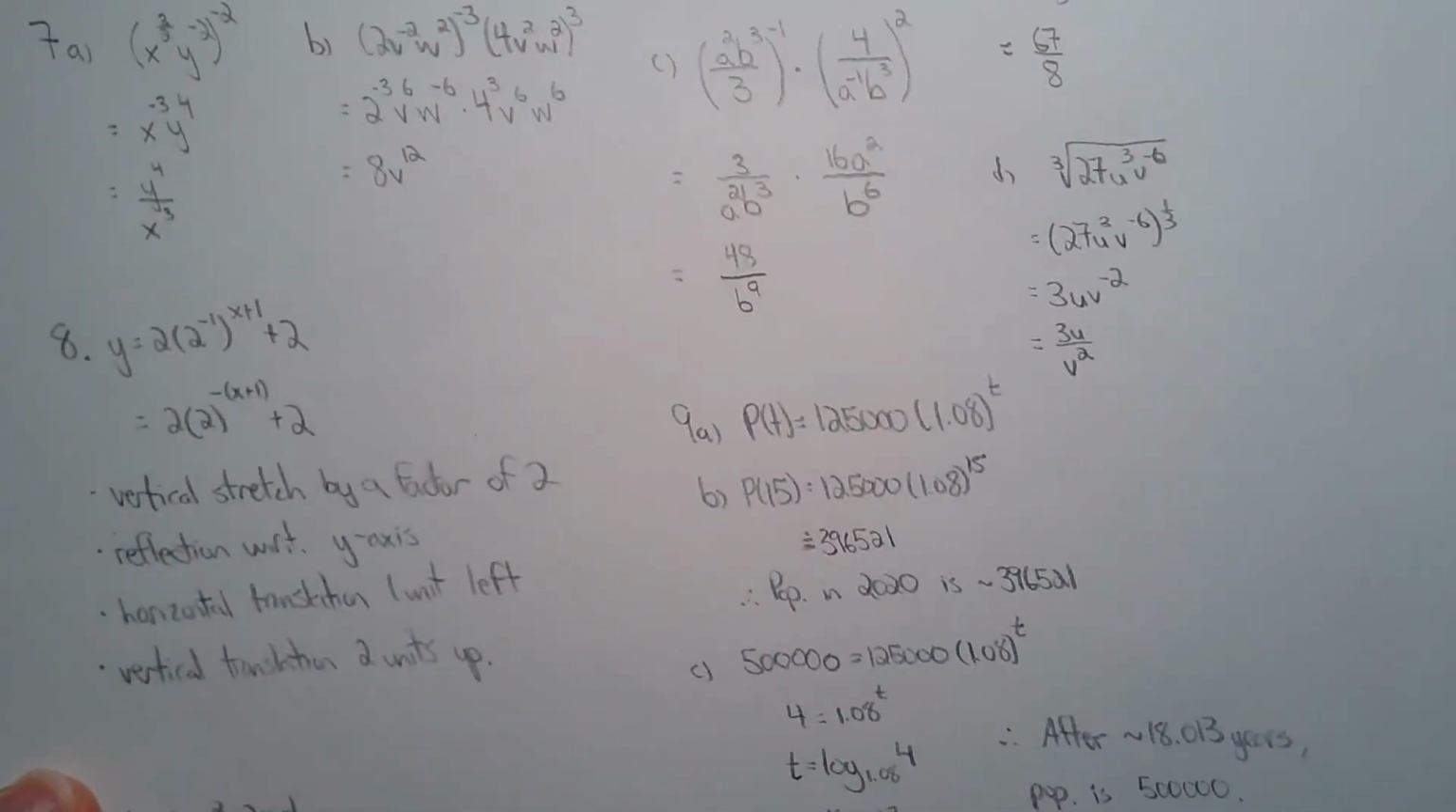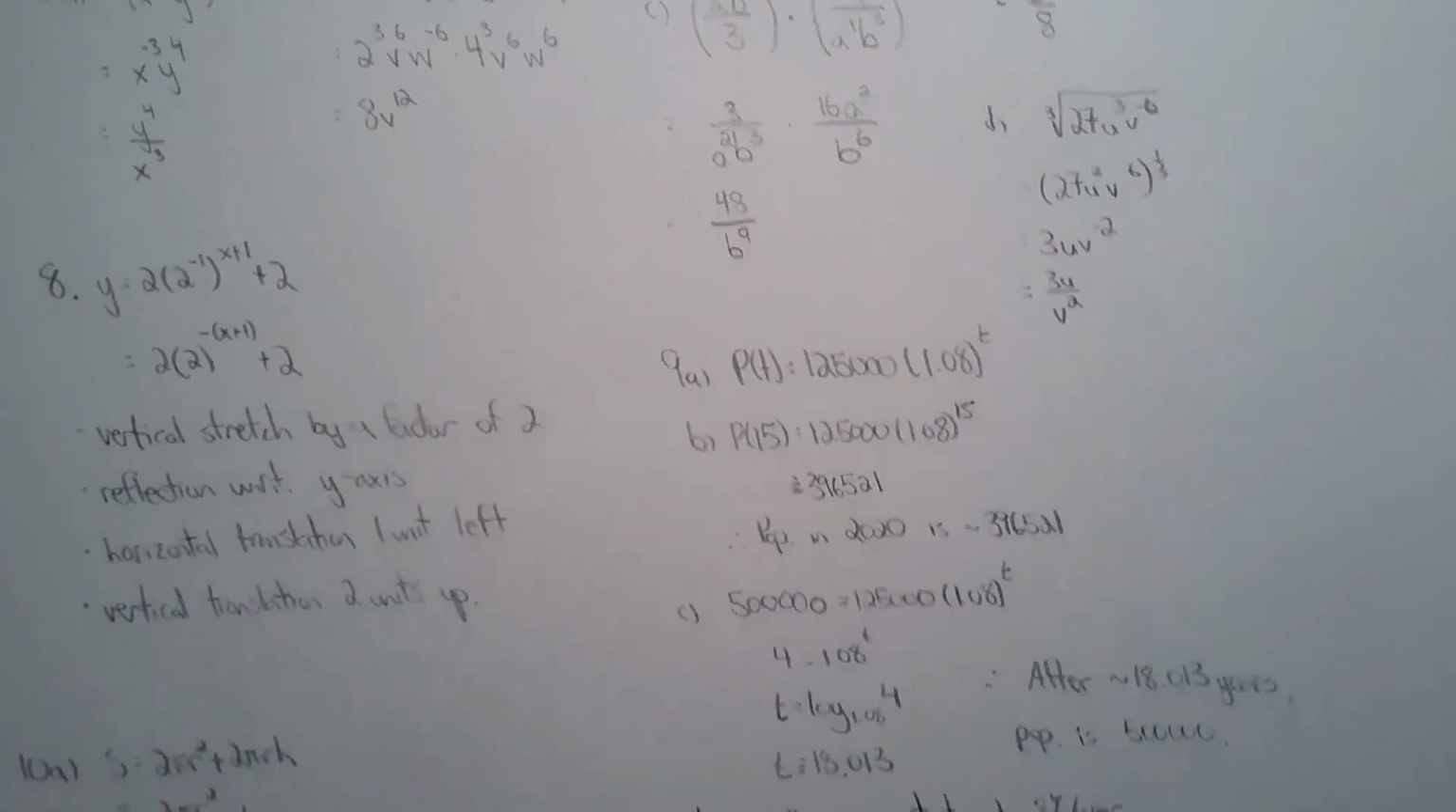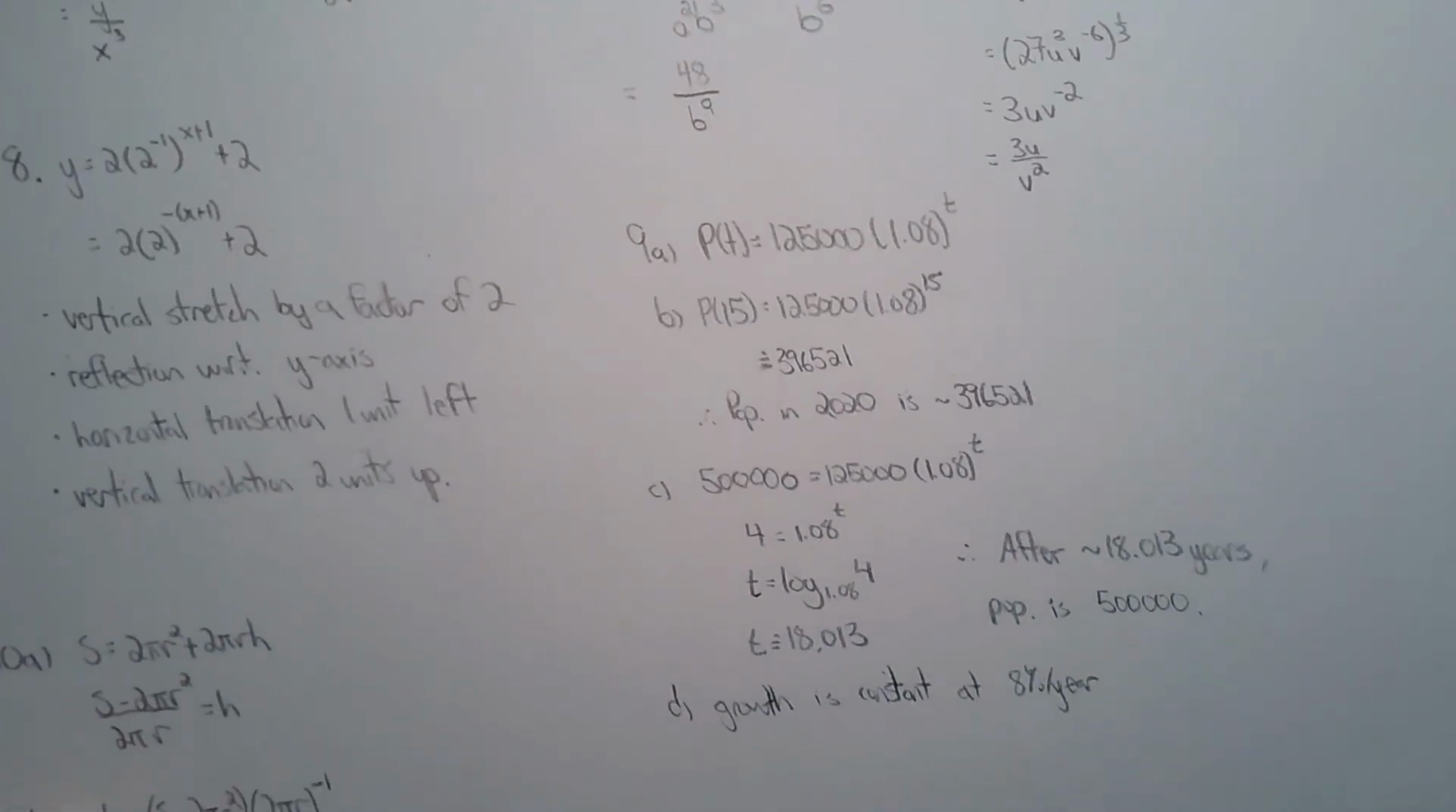Alright, question 8. Just establish a, k, d, and c and then state the transformations. For question 9, you have an exponential growth model. You can solve for the population in 15 years. And you can solve for when the population will be 500,000, but then you end up using logarithmic